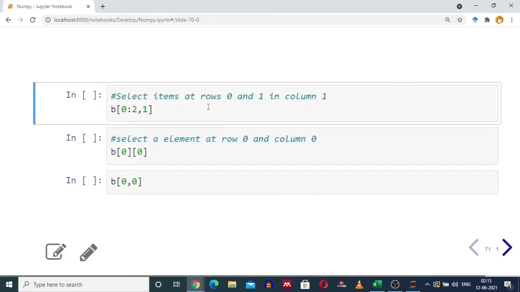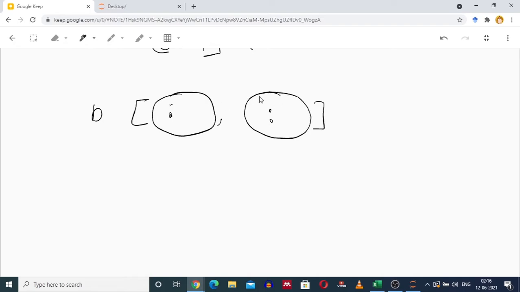Now we want to select rows 0 and 1 and column 1. So when you are slicing a two-dimensional numpy array, you have to understand the indexing. When you use first colon, comma, second colon, the first colon represents the row indexes and the second colon represents the column indexes.